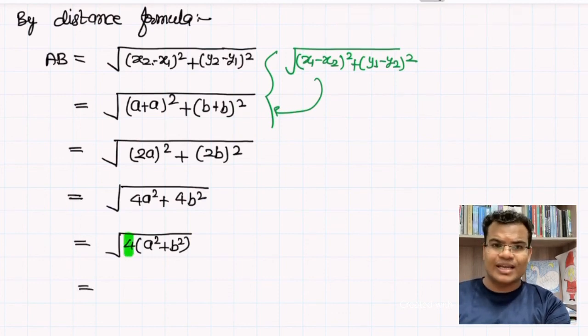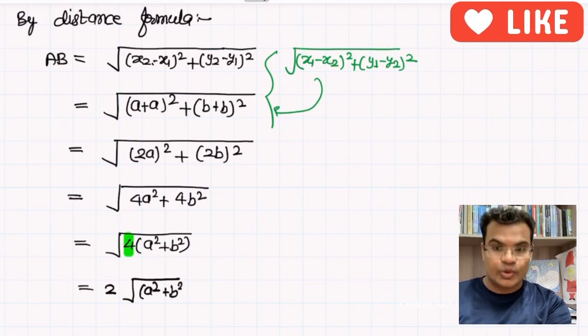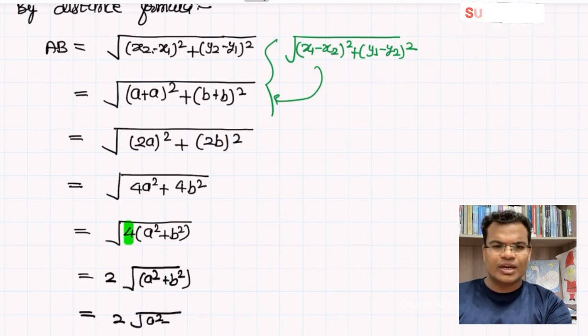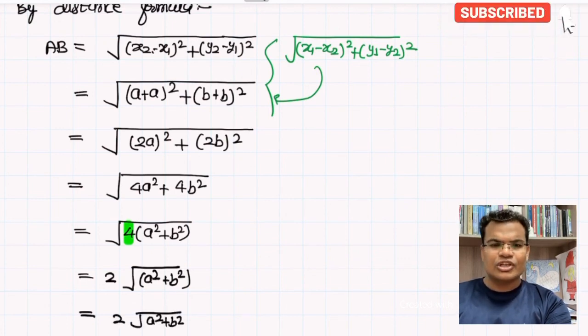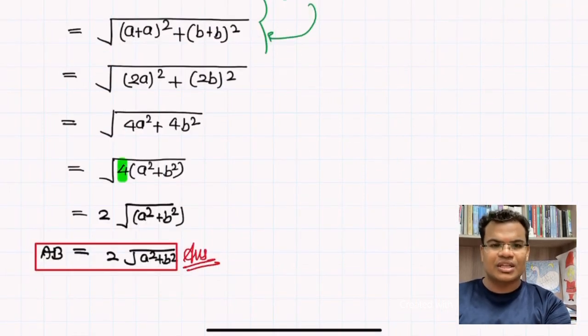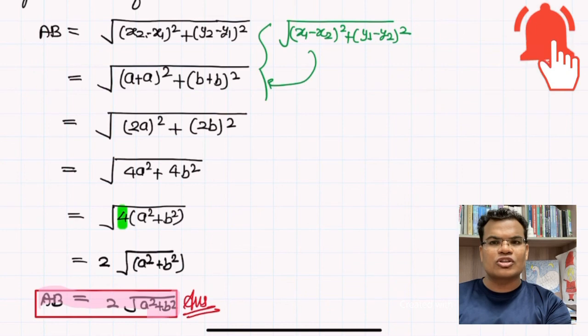So we can take out 2 as common, or you can say the square root of this 4, that is 2, and the remaining term will be in the bracket, that is a square plus b square in the square root. Okay, in the square root, a square plus b square as it is. So I think further you cannot solve, so you can write here a square plus b square. I have seen many students cut this square and the under root sign, but this is not your answer. So the final answer is 2 under root a square plus b square. Okay, we cannot simplify after this. This is your final answer.